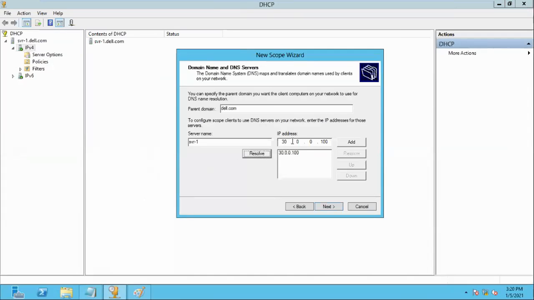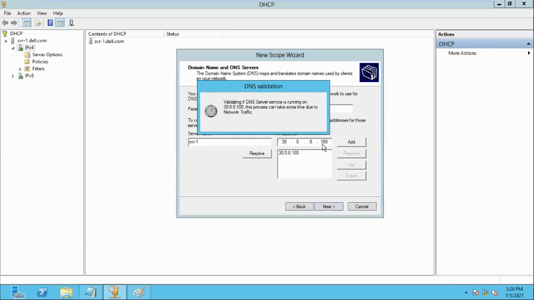I provide the name, and DNS provides the IP address. Already we discussed DNS, the service to resolve names to IP addresses and IP addresses to names. Here also we are providing the server name, and the DNS server provides the IP address. So click on add and click on next.